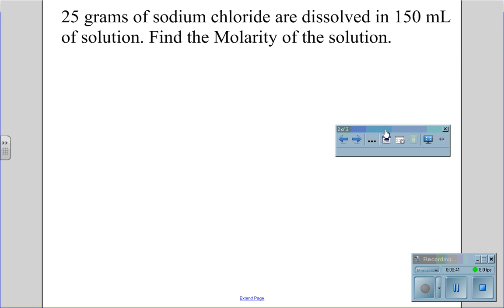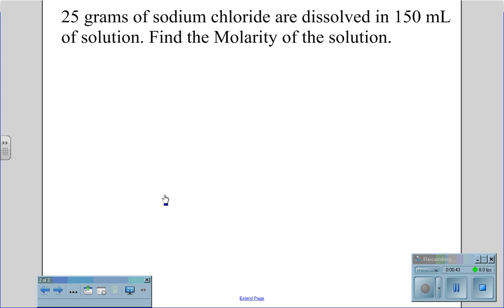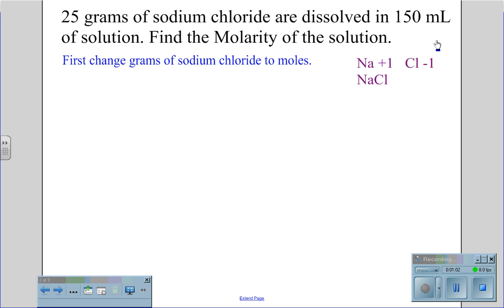So if we wanted to solve for 25 grams of sodium chloride being dissolved in a 150 milliliters solution, find the molarity of this solution. Well, what we need to do is first change the grams of sodium chloride to moles. We're going to do this first by making sure we have the correct